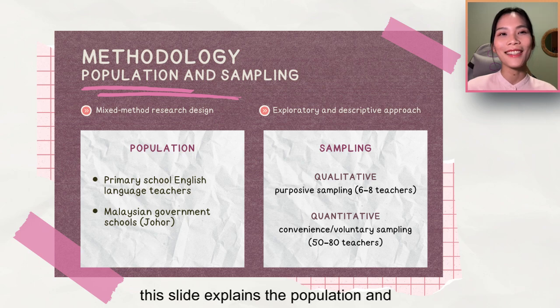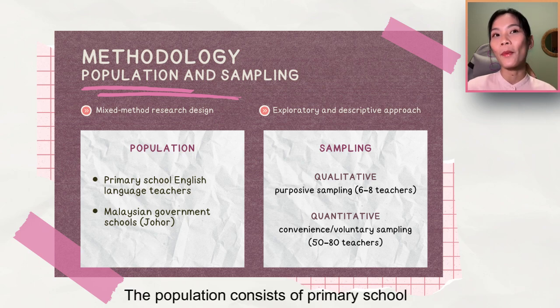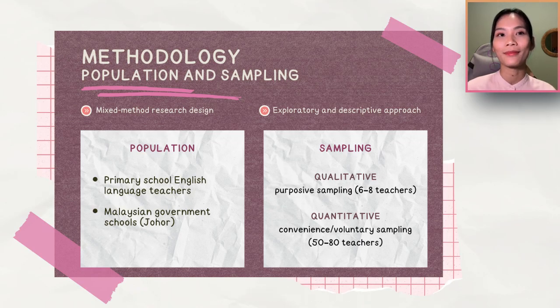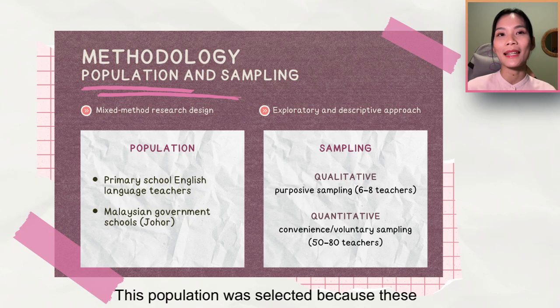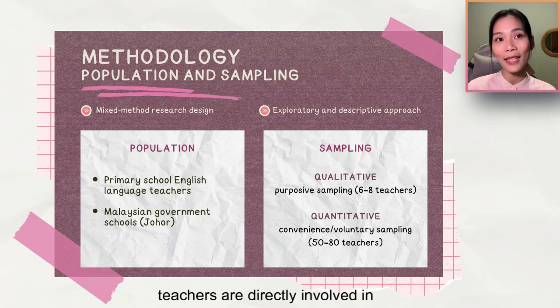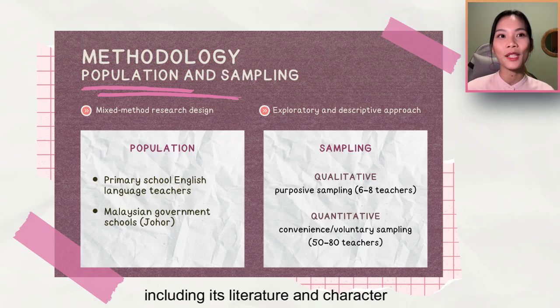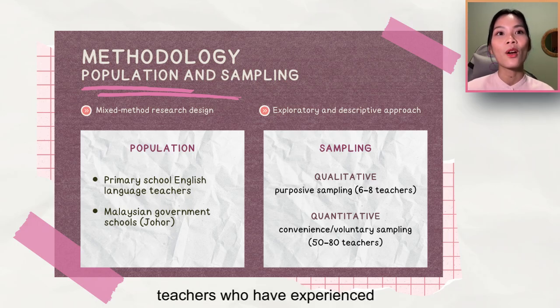Moving on, this slide explains the population and sampling procedures. The population consists of primary school English language teachers in Malaysian government schools in Johor. This population was selected because these teachers are directly involved in implementing the national English curriculum, including its literature and character education components. For the qualitative component, purposive sampling is used to select between 6 to 8 teachers who have